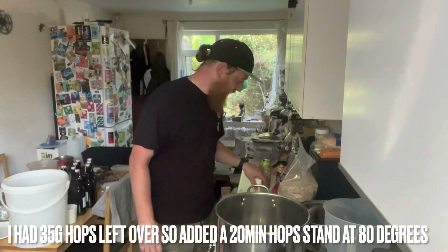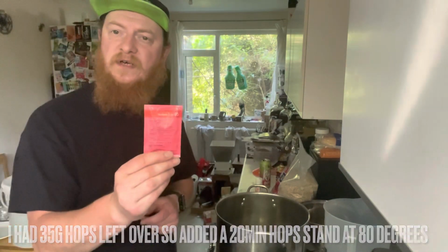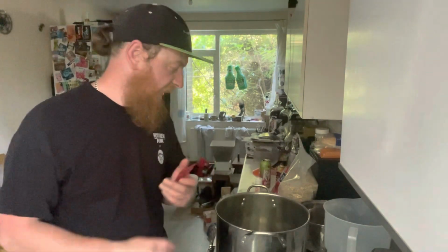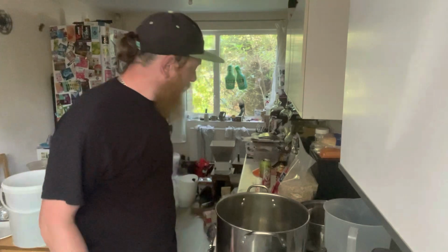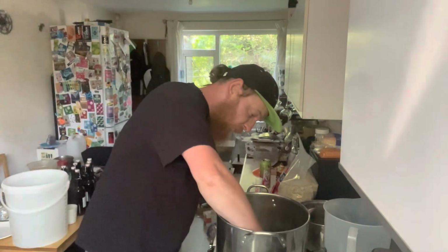We're using Safale US-05. I did want the British version, the 04, but somebody had just cleared the shop out and I couldn't get hold of any at short notice. This was a spur of the moment thing. I thought, oh shit, I've got his anniversary coming up, let's do something. And I was like, well, let's brew Knackers Yard again, the all grain version. So I was like, boom. On my bike, I tottled over to the brew shop, grabbed some ingredients, and here we are now,